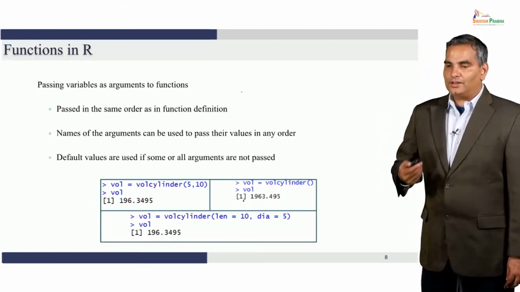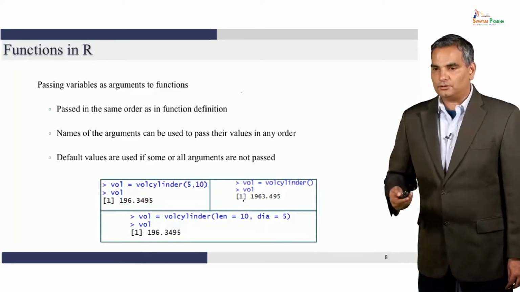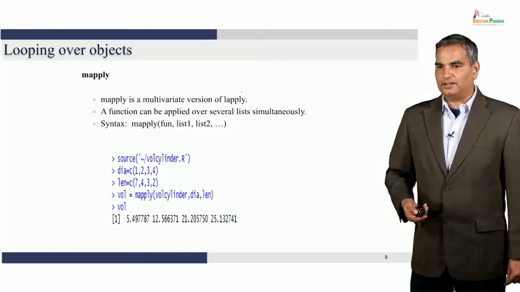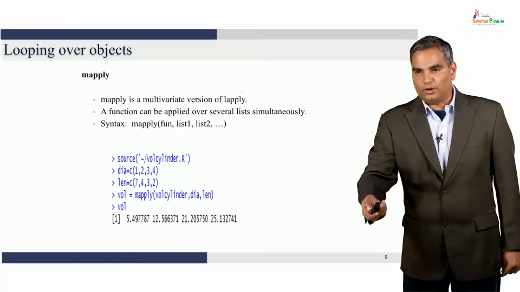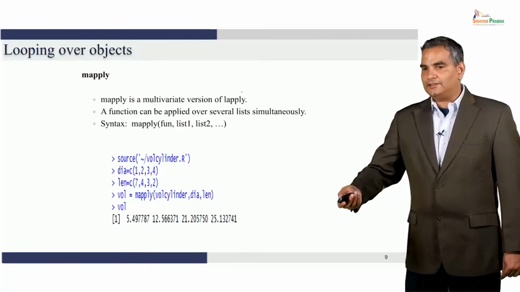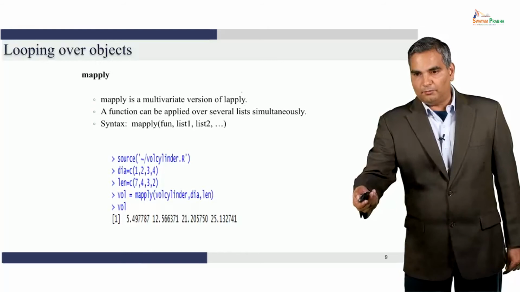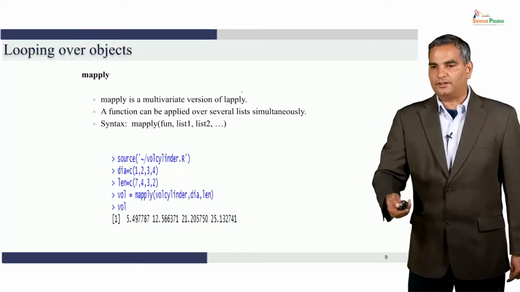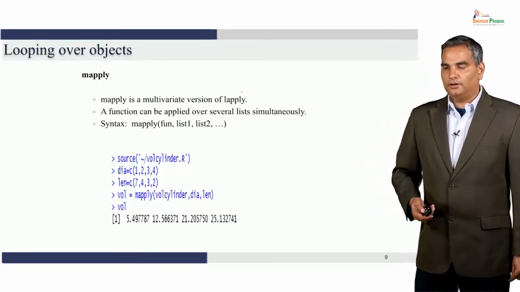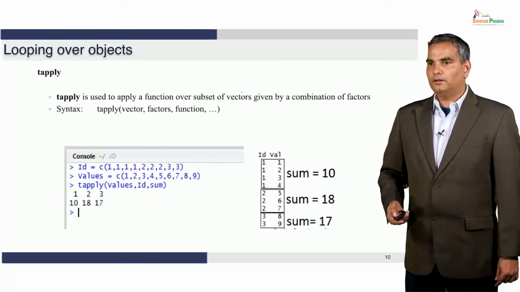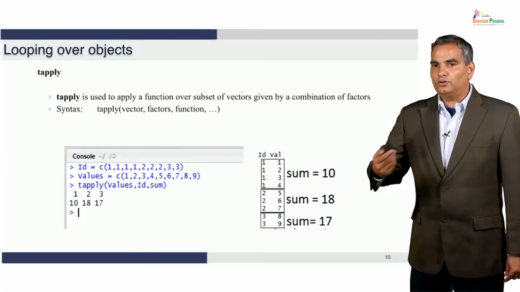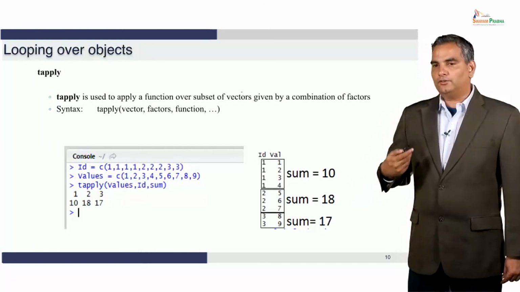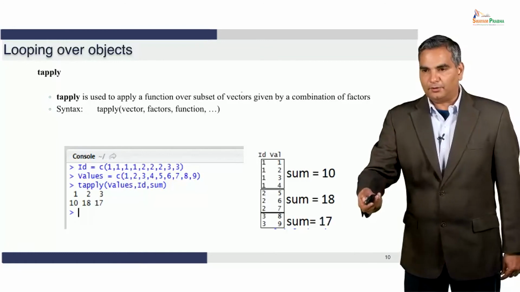Now, if you use the identifiers to pass arguments to the function, mapply simplifies this. It says volume, which will turn out to be the result here, is mapply, apply the function volume cylinder on dia and length. But notice this dia is now a vector of many diameters and length is a vector of many lengths. So at one shot you apply this volume cylinder and get the volumes of several cylinders all at one time. You can also use other commands such as tapply, which is shown here. What we would like you to do is try tapply on your own and understand.